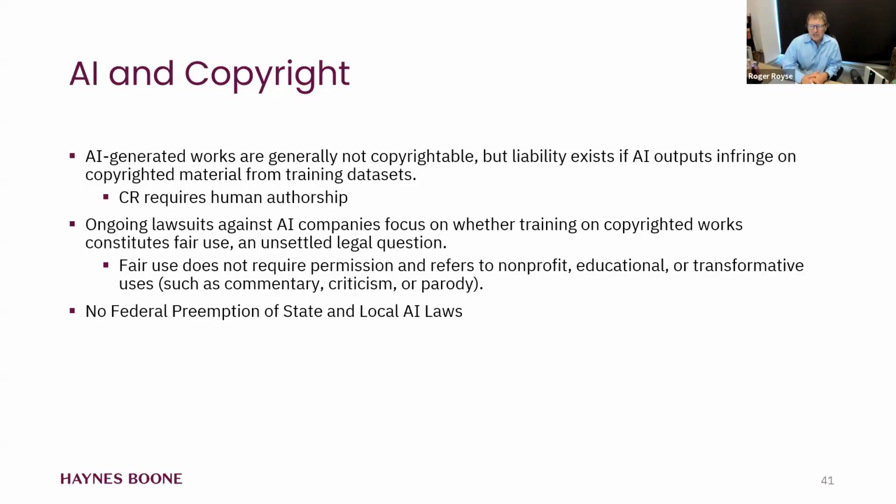So for example, if a person can go read a book and learn something from that book and that informs them, like my whole slideshow, I didn't just make that up. It didn't just come popping into my head. It was from years and years and years of study and reading statutes, cases, and other secondary material. Right. So I'm pretty confident I have not infringed any copyrights in putting these slides together. Well, if I haven't infringed according to the court, then the AI hasn't infringed if it does the same thing.